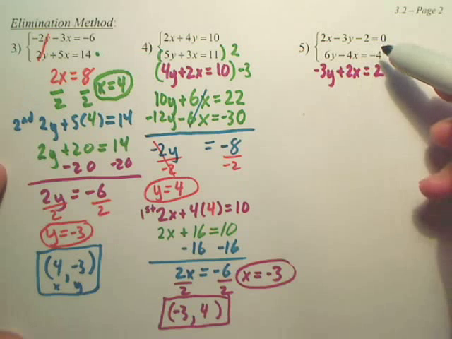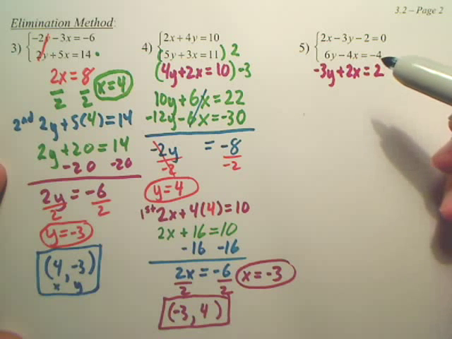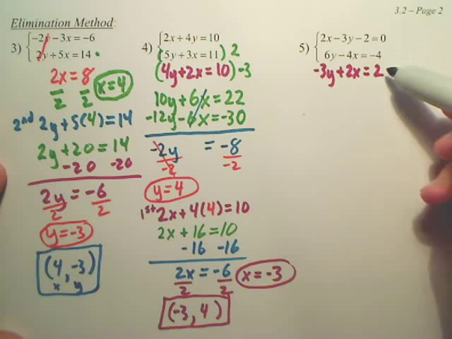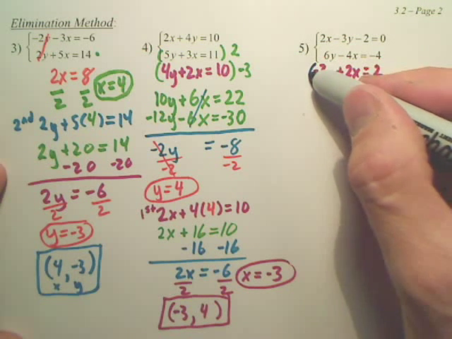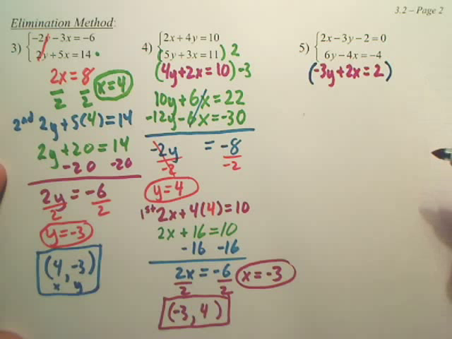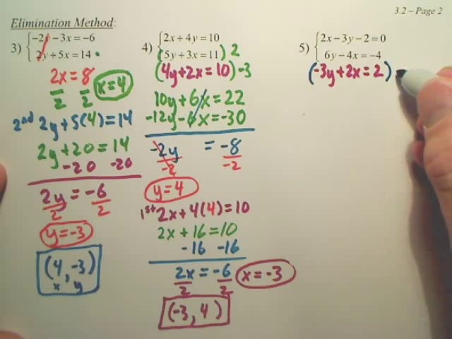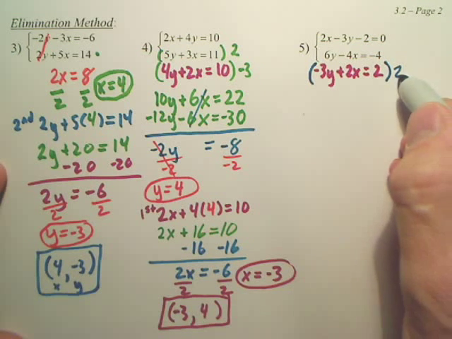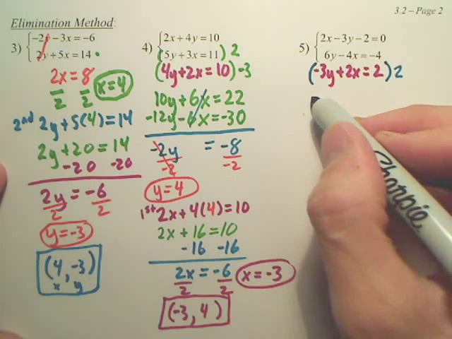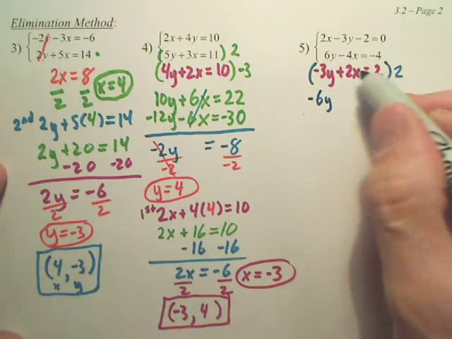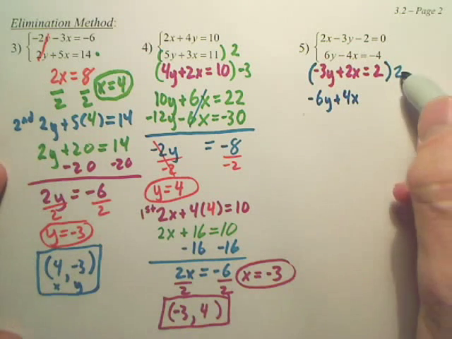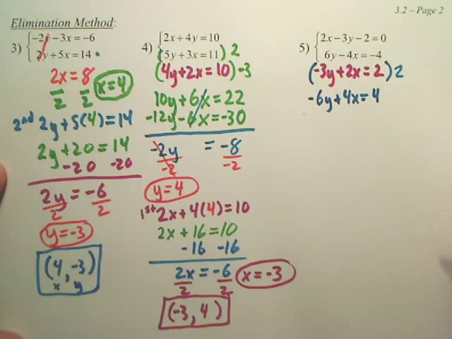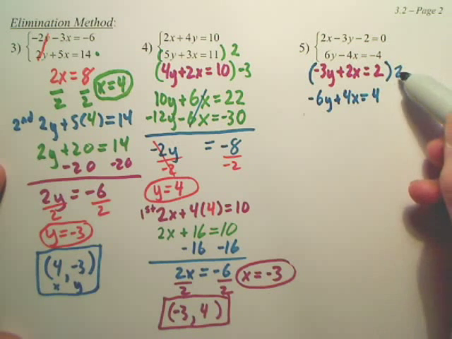So again, I rearranged the top one to match the bottom one. Now, can we cancel? No. But do we have to multiply both of these? No. What you can notice here, what if I just multiply the bottom? Could I just multiply the bottom by 2? Sometimes you can multiply just 1 and it does everything for you. Watch. If I multiply the whole bottom by 2, watch what happens. I get negative 6y plus 4x, 2 times 2, plus 4. Don't you get positive 6y? Now, when you multiply by positive 2,